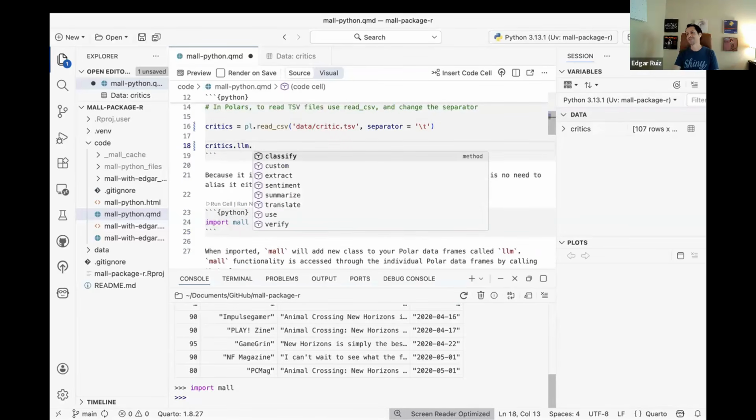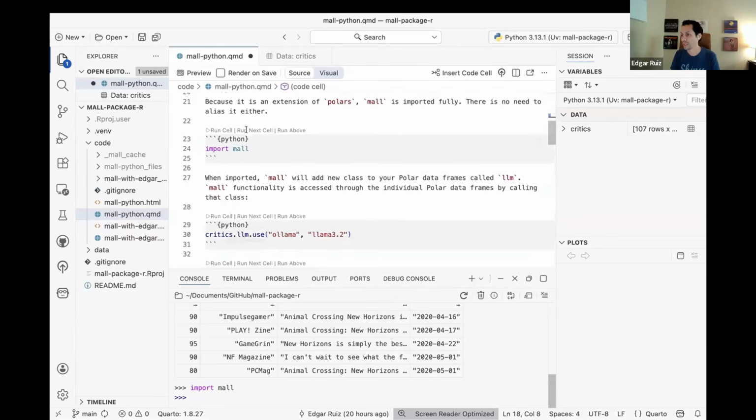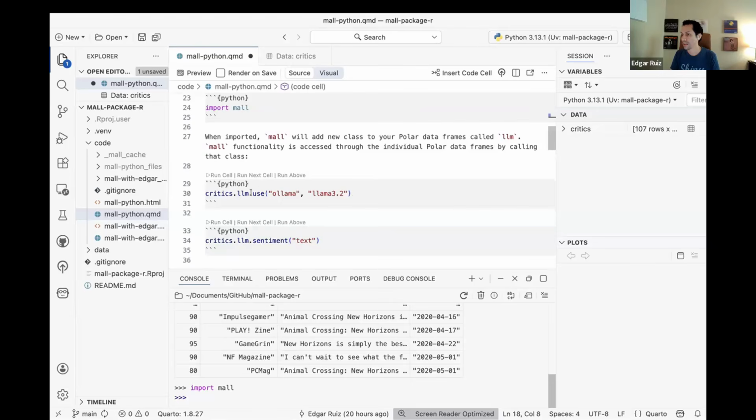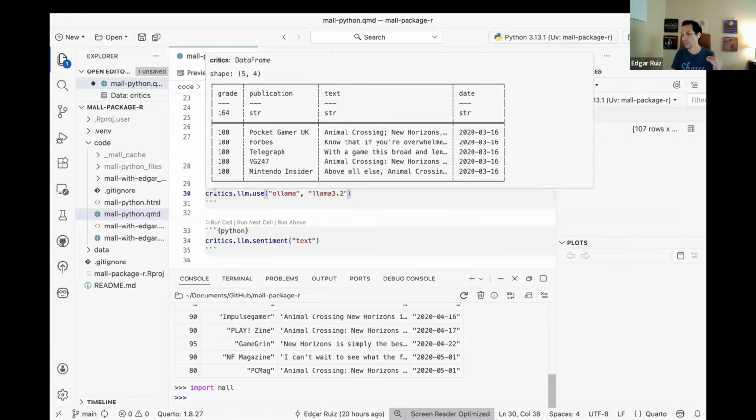Which was something really interesting to me because I'm kind of new to Python. So that's basically what extension means. It's basically that it becomes part of that object that you have, which is your data frame is an object that now is extended to be able to use the functionality. So now that it's there, we have to assign it per data frame,